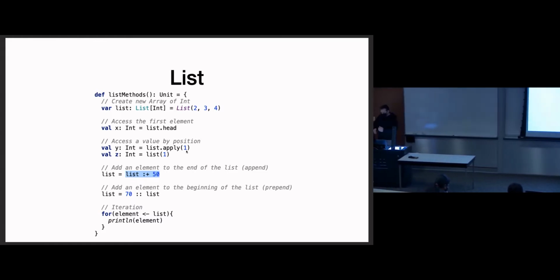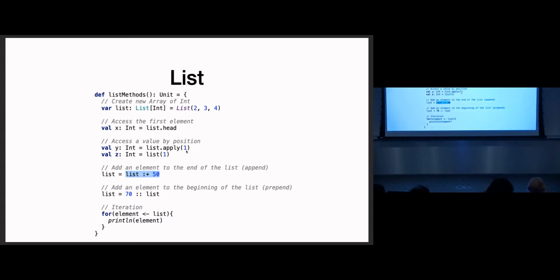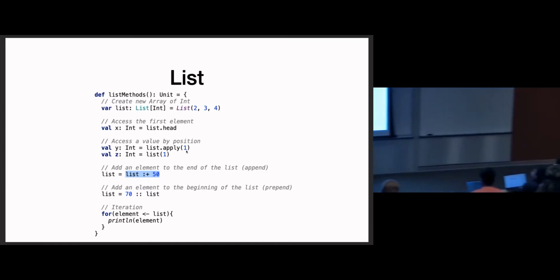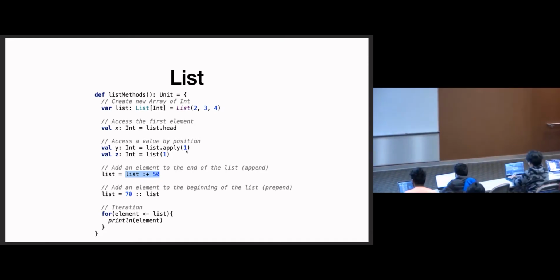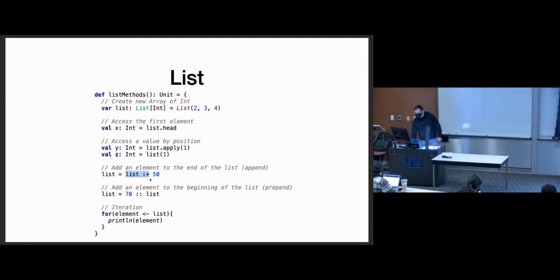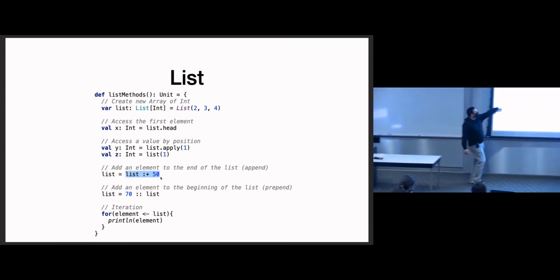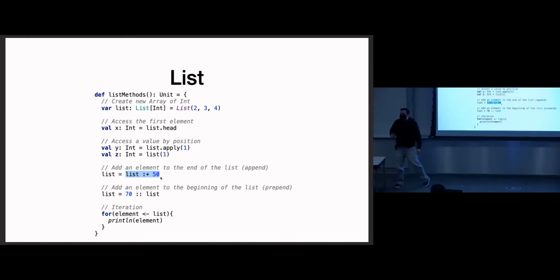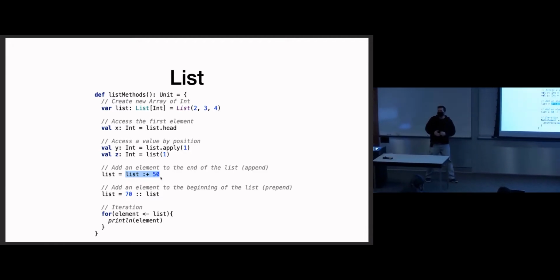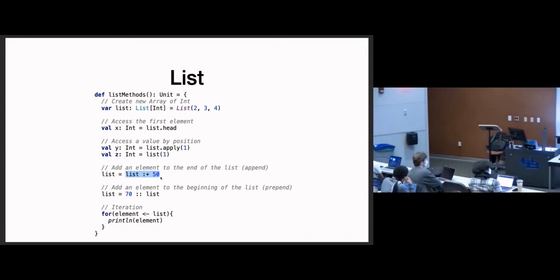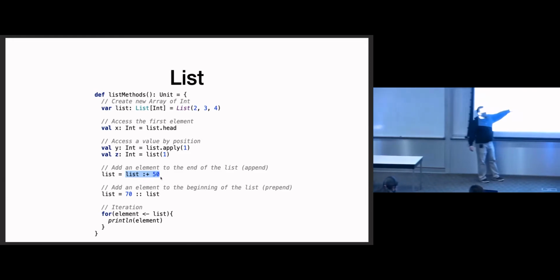We left off with list, and the most important thing here, aside from just the syntax, how to append to the end of a list, how to prepend to the beginning of a list. One of the most important things here was that you do have to reassign the value back to the original list. So this will create a brand new list with the values 2, 3, 4, and 50. But since it creates a brand new list and doesn't modify the list that we're working with, we do need to reassign that list back to our variable. So this doesn't actually affect anything until we reassign it back to list,